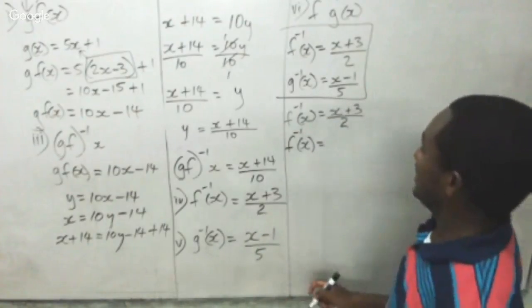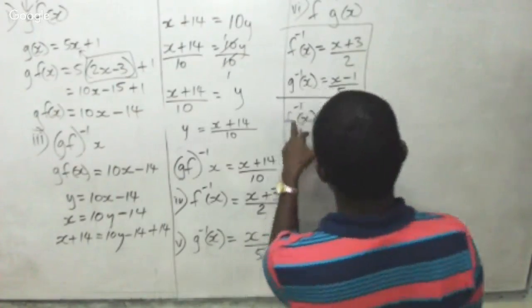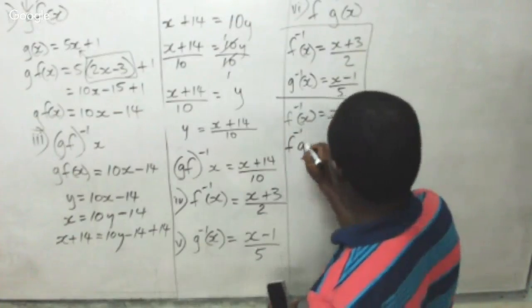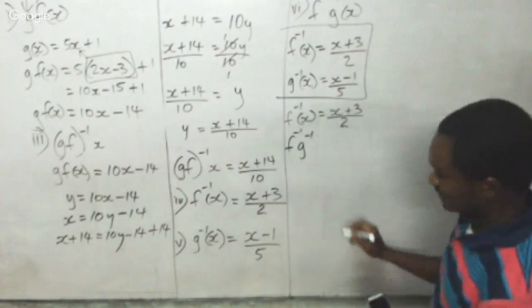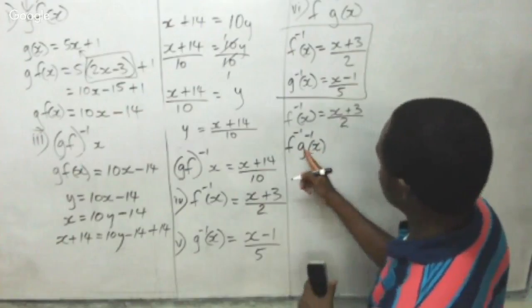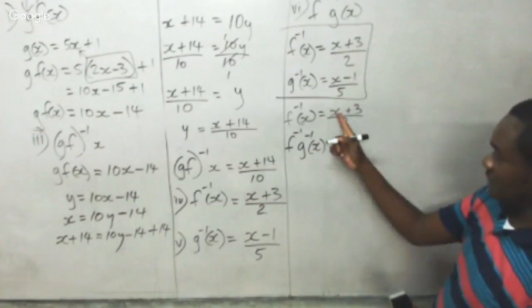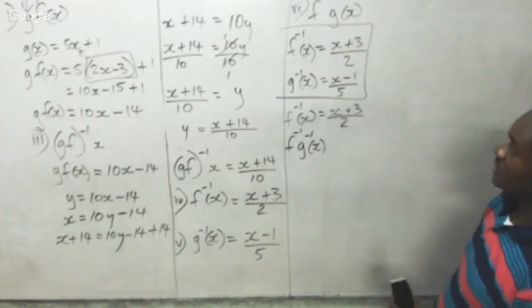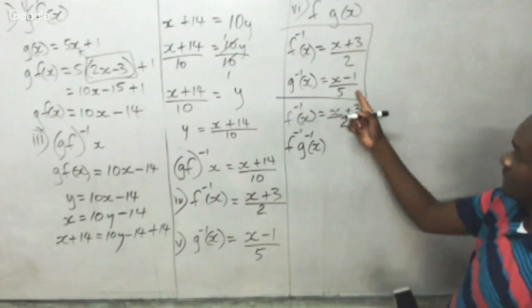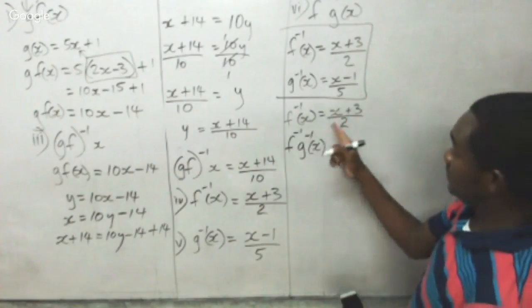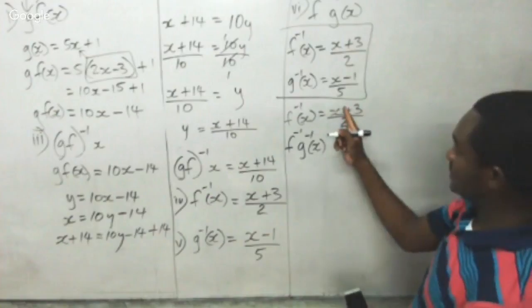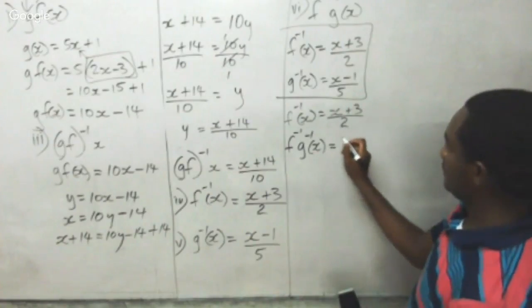Never mind. Oh, by the way, so this F inverse now, F inverse of G inverse now. Ready? So that means you're going to take G inverse and put it in F inverse, anywhere X is. So what is G inverse? All of this. And that means that F inverse of G inverse is going to start with all of this. Equal to